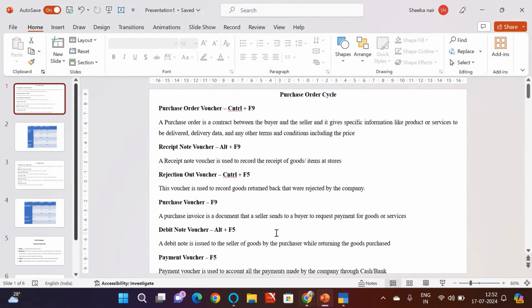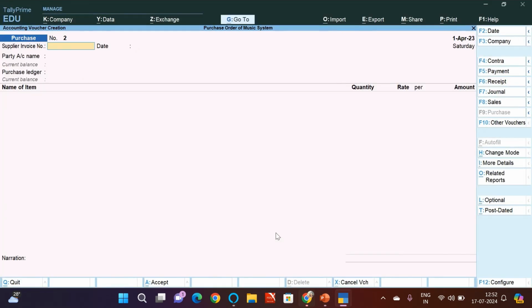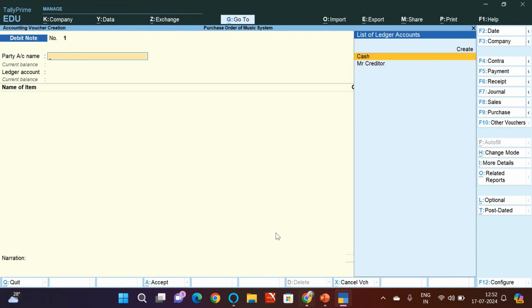Now again, once you purchase the goods and you sell them to the client, you may find some faulty goods and want to return the purchased item. That is called a purchase return, and it will be recorded under the debit note voucher. The shortcut key is Alt plus F5. So it's the debit note voucher. Again,